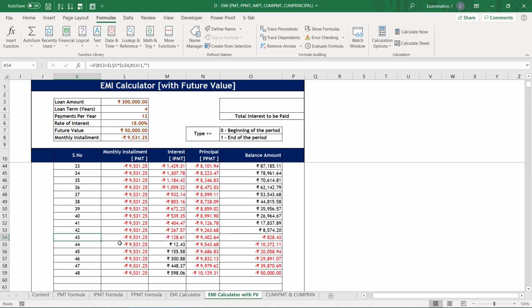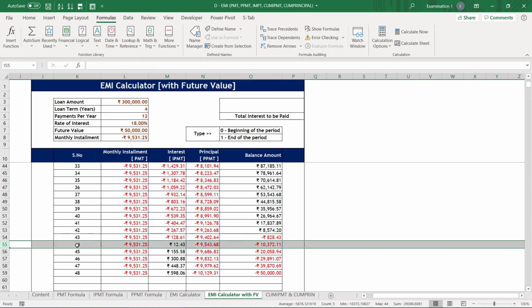Okay, and in this one, when you pay the 44th installment, have a look. You are paying 9,531 rupees, and this interest is not being paid to you, it is being paid by the bank too, and that is the reason it is a positive number. And when you sum these two numbers, this is what you will get. Okay, you are paying 9,531, but principal which is being paid to the bank is 9,543, which is 12 rupees extra, and this is because of the interest you are going to get on this particular